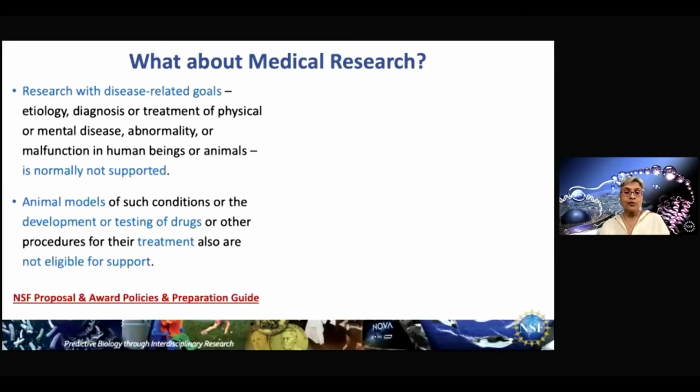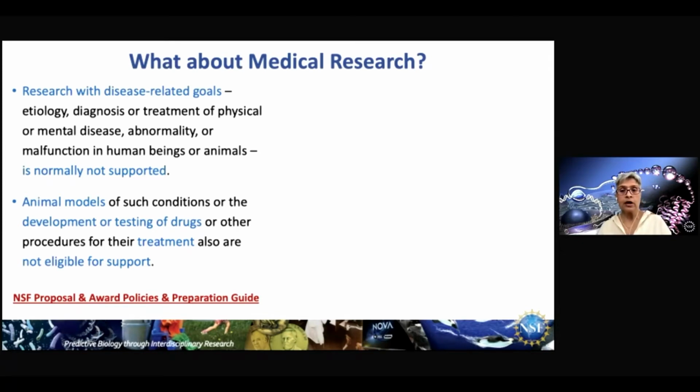And then there is this question that we are asked often, and I think is also of interest to the ASBMB community. What about medical research? So according to NSF's proposal and award policies and preparation guide, PAPG for short, research with disease-related goals is normally not supported. So etiology, diagnosis, treatment of any human diseases or disorders is not supported by NSF. And I'd like to explain that the NSF and bio directorates, and also animal models and drug development and drug testing is not supported either. So just to explain that